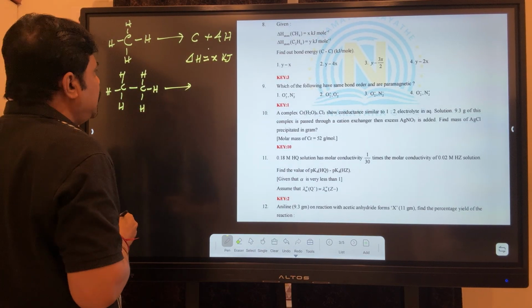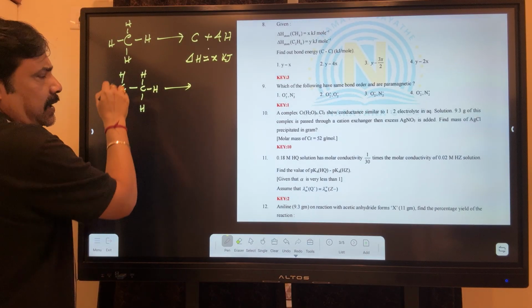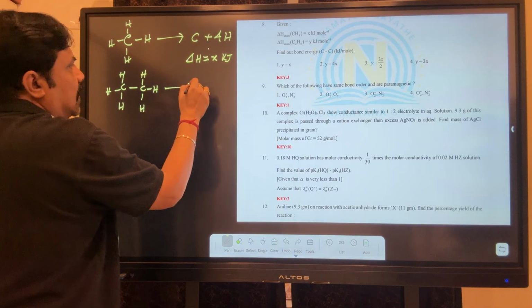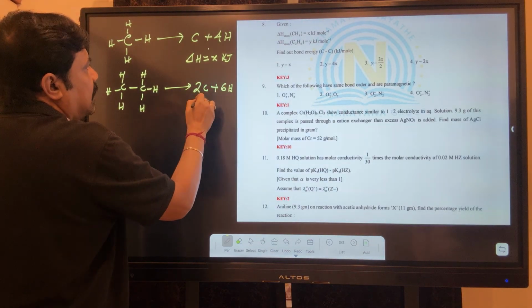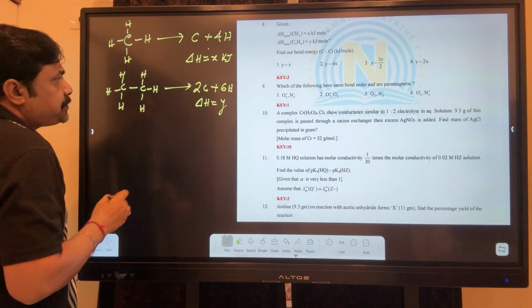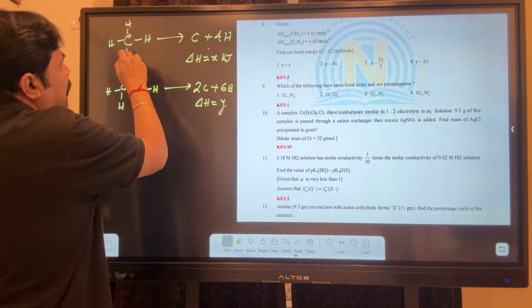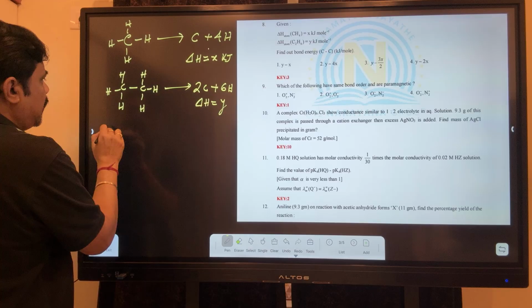Then here immediately what you will get over here? There are 6 carbon-hydrogen bonds as well as one carbon-carbon bond. For that you will get 2C plus 6H. For that delta H equals Y, already we know. Then if breaking of 4 carbon-hydrogen bonds requires energy X, then 1 carbon-hydrogen bond energy,